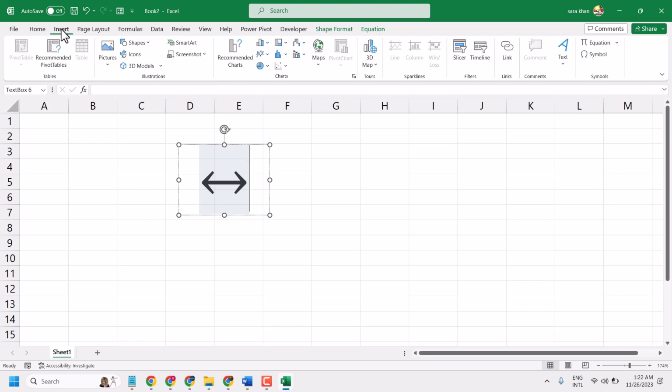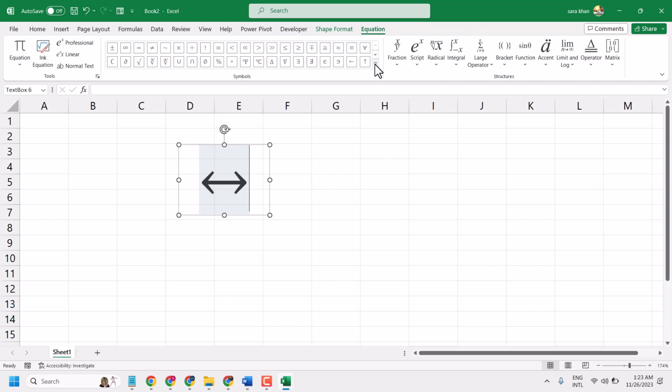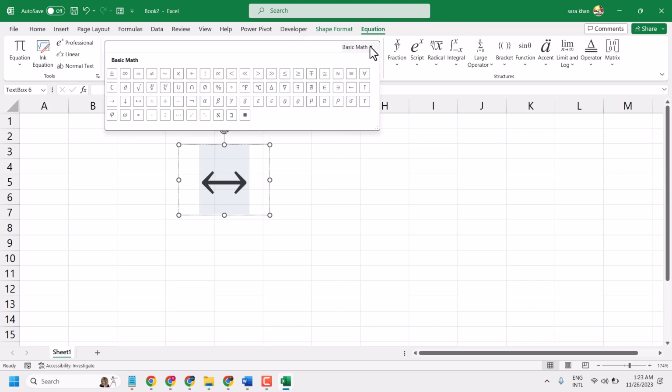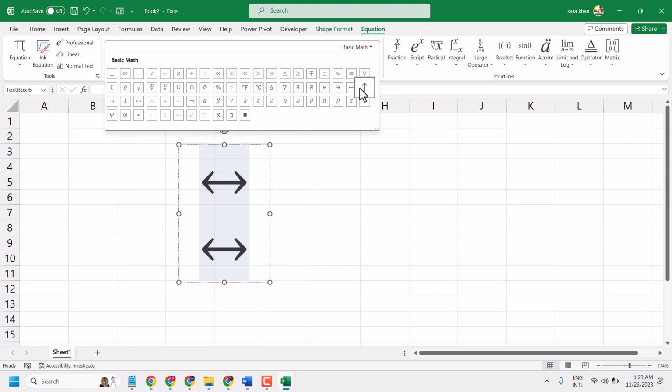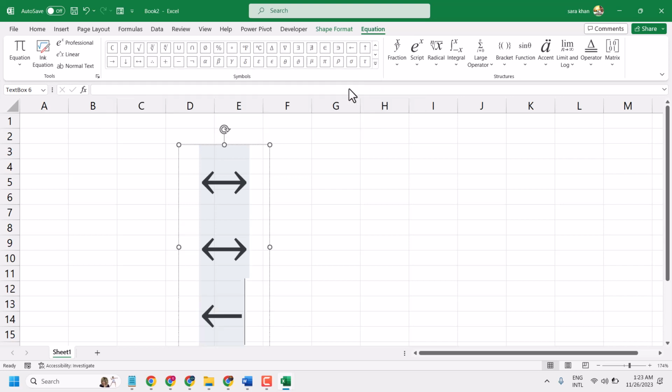Just click on insert, then equation. And once you click on equation, select here basic math. And here you have to select this left right arrow. And here in this equation, you will find almost all type of arrow,